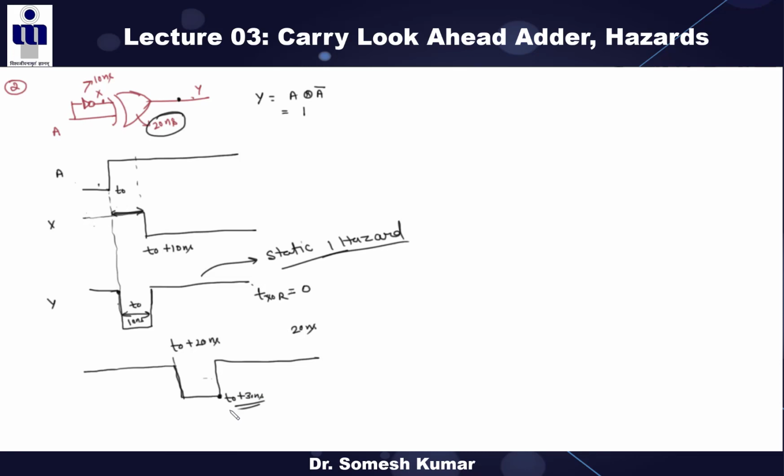Right? Clear? So I can give the inputs and ask you to find out the outputs for this type of circuits. Right? So now the question is, these are unwanted things, right? You don't want these hazards. So how can you remove these hazards? First of all, this static 1 hazard basically occurs mainly in AND OR circuits or this kind of XOR circuits, right? So the question is, how can we remove these kinds of hazards?